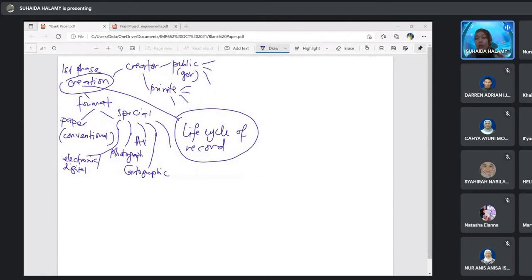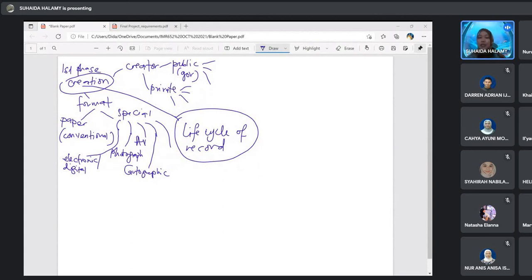But cartography is large. So records that are normally large, for example map, architectural drawing, like blueprint, plan, the house plan, building plan, all in the cartographic format. So it is in a large size. That's why it is special too.